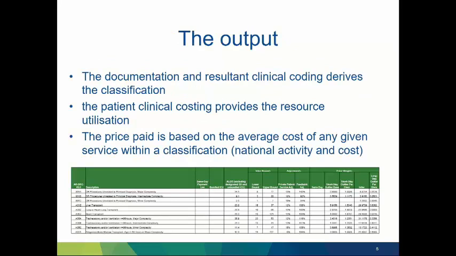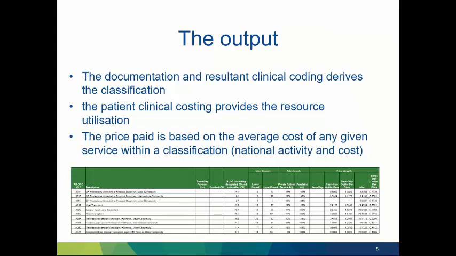The output of the documentation and clinical coding derives the classifications. The clinical costing data provides the resource utilisation. So we've got two data sets going on. One is the activity, what happened to the patient, and the classifications attached to that patient. And the second one is where that patient went through the system and what utilisation they picked up along the way. That'll be their stay in hospitals, stay in beds, their attendance at a clinic, their pathology, radiology and pharmacy